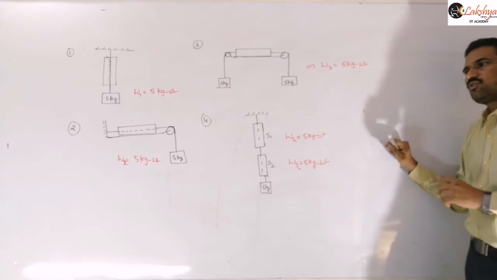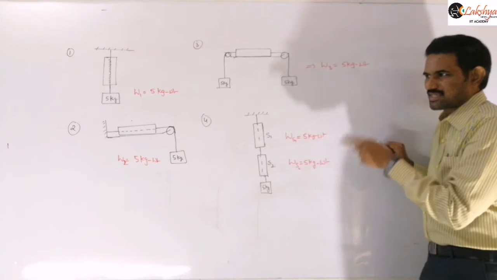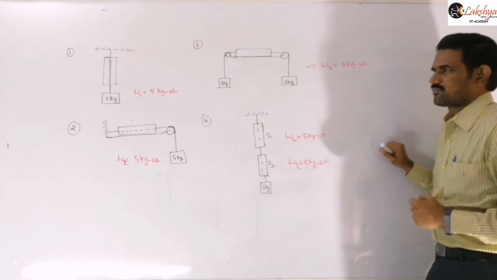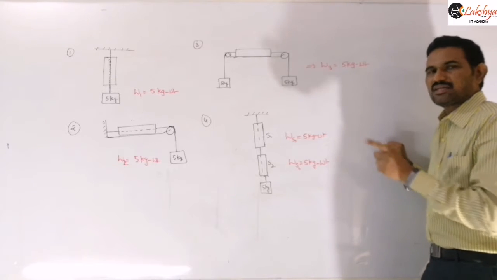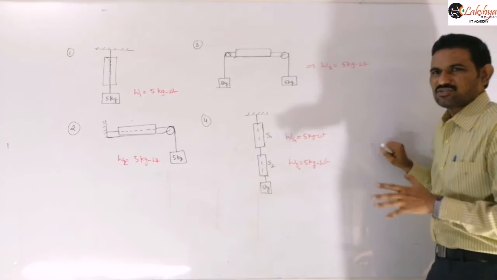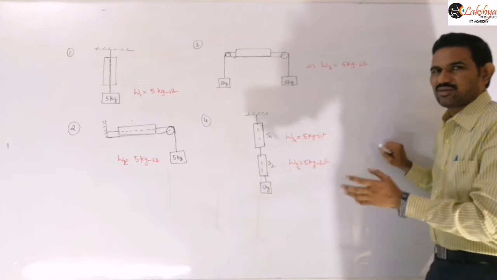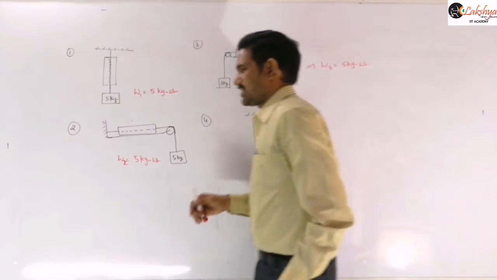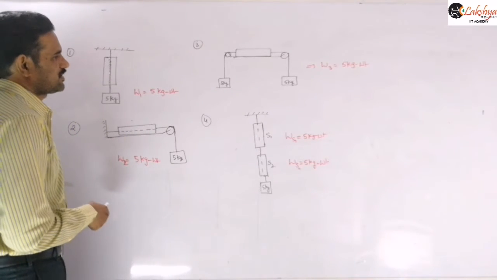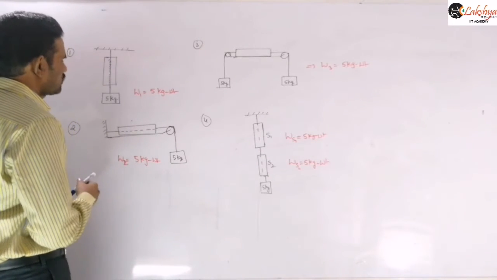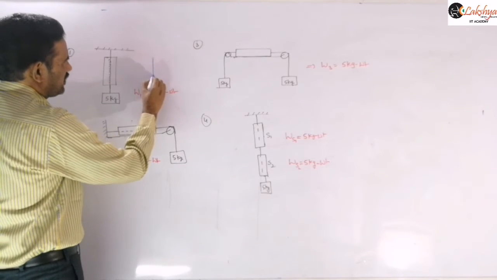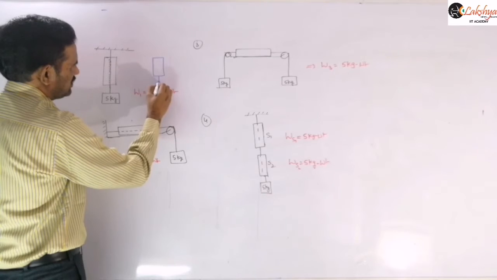Now how do we explain that in the second case, and especially in the third case, the reading of the spring balance is 5 kg? To answer that, simply take the FBD of the spring balance in the first, second and third cases, and you will get clarity. So I am taking the free body diagram in the first case. The forces acting on the spring balance are the weight of this block acting in the downward direction. This is pulling here.